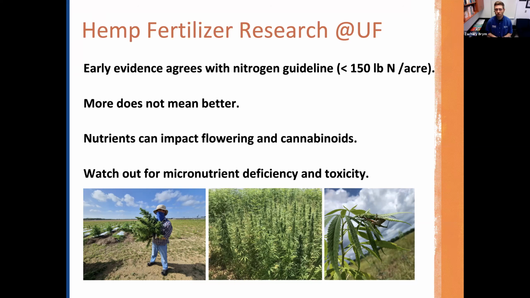So that was an issue that we saw in our trial. Luis also saw some micronutrient deficiencies in the greenhouse study. So we're collecting leaf tissue samples in our studies so that we can follow along plant nutrition with the fertilizer